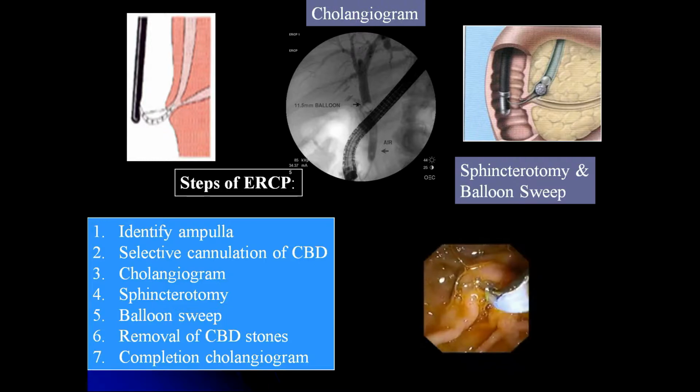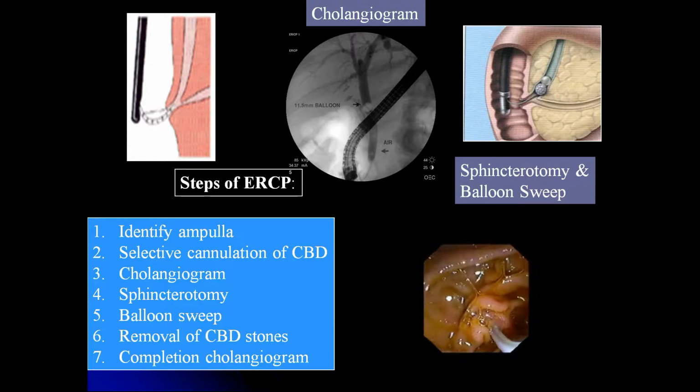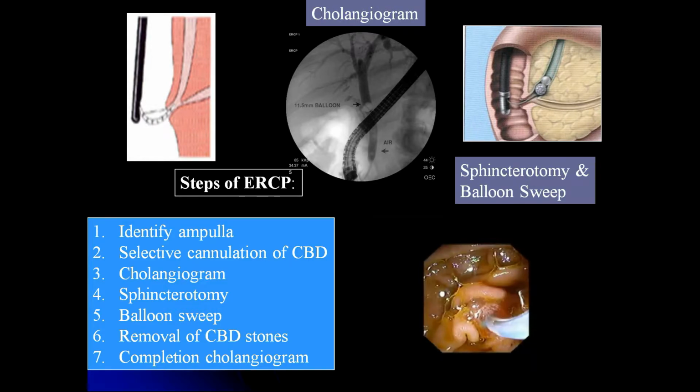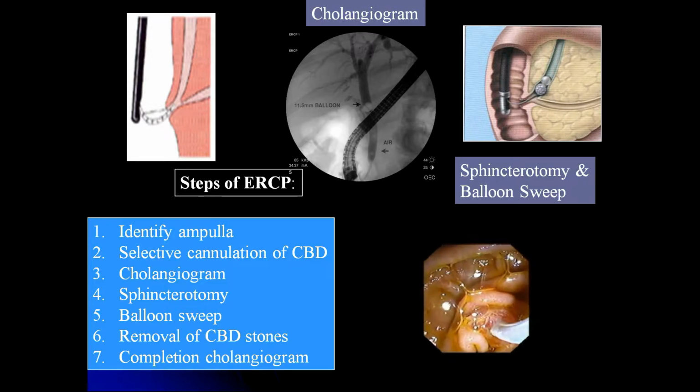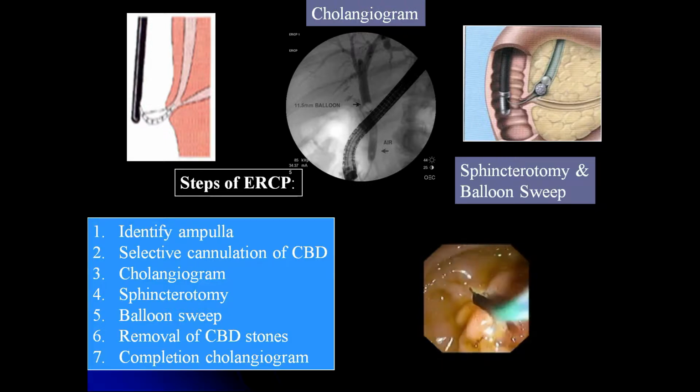There are two ducts entering the ampulla. One is a bile duct and a pancreatic duct. The bile duct is directed towards the 10 o'clock position, whereas the pancreatic duct towards the 2 o'clock position. So we can selectively cannulate the bile duct, and by using a bow like wire guided sphincterotome, we can divide the ampulla and do a sphincterotomy, and as you can see, after that the bile will be draining, and you can pass either a Dormia basket or a biliary balloon in order to remove the stone,